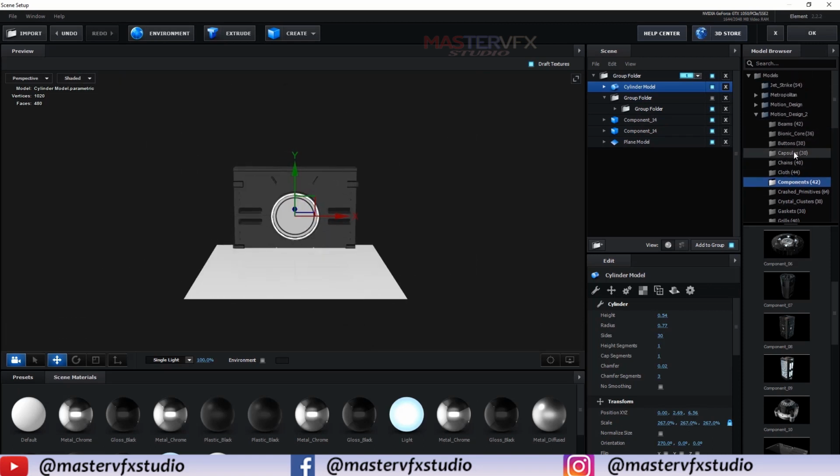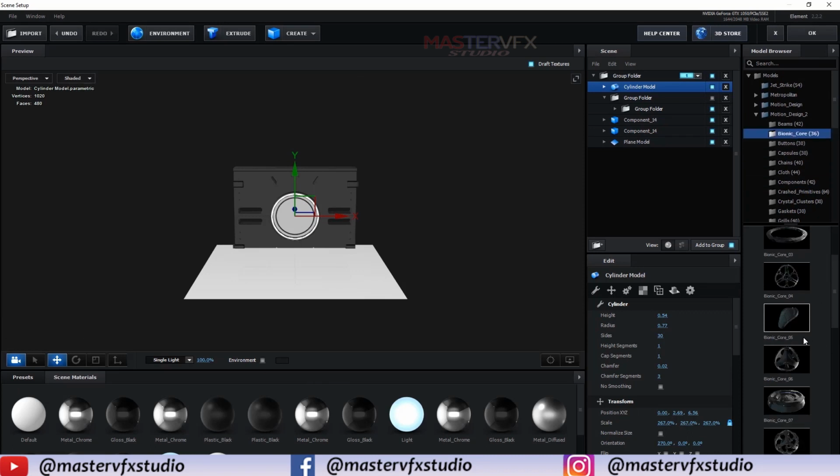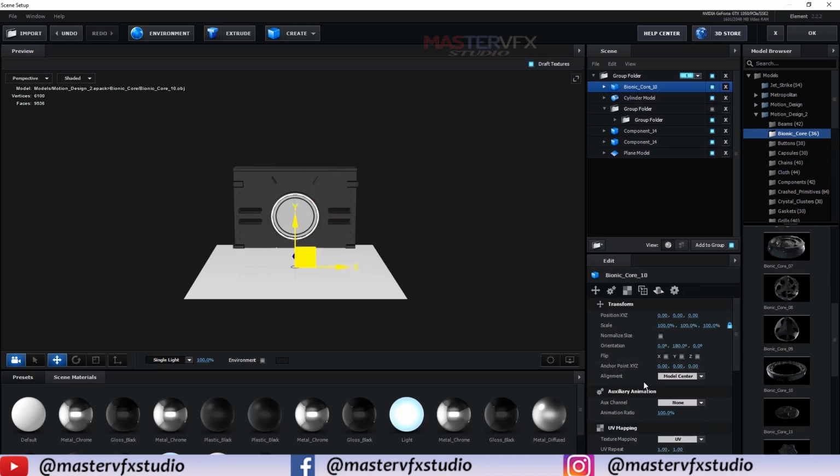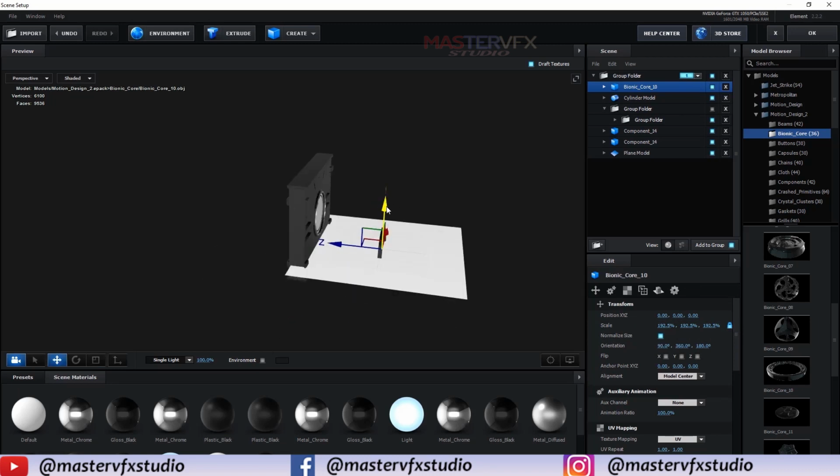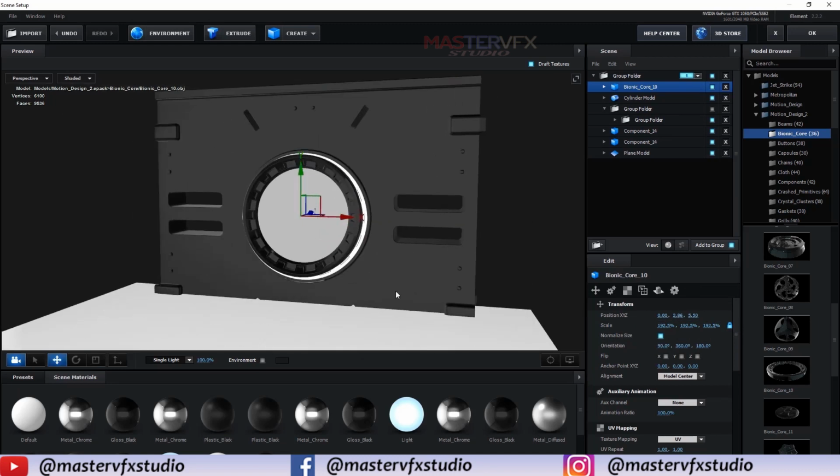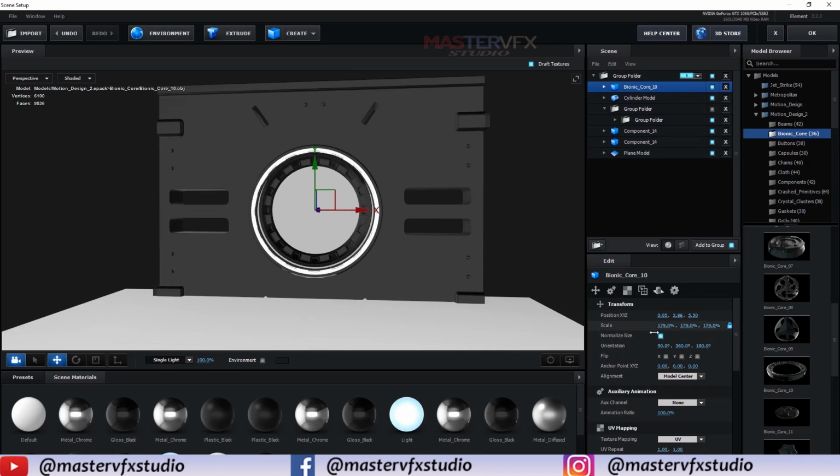now further go inside Bionic Core and choose here Bionic Core 10. Okay, normalize it, scale it up and just rotate it 90 degrees. Scale it down.